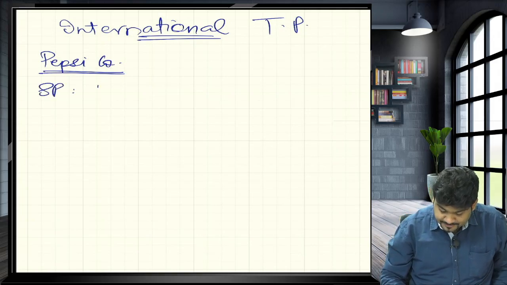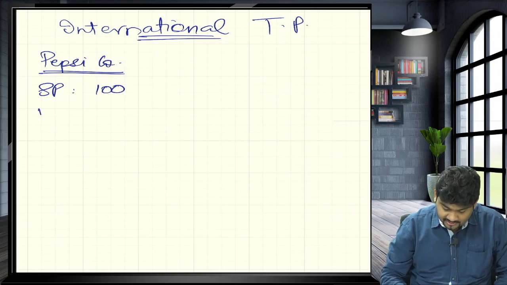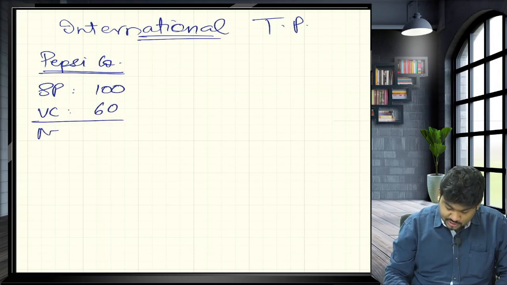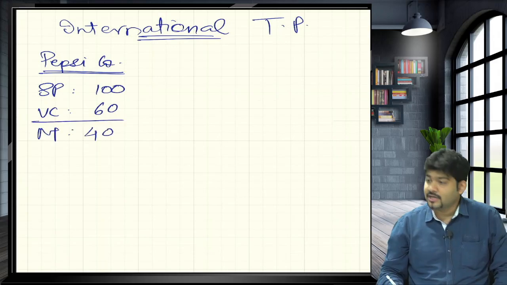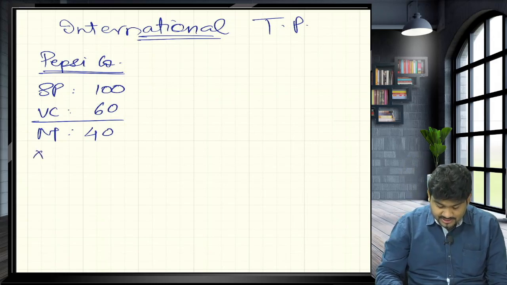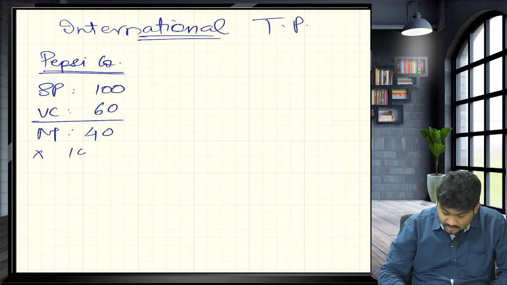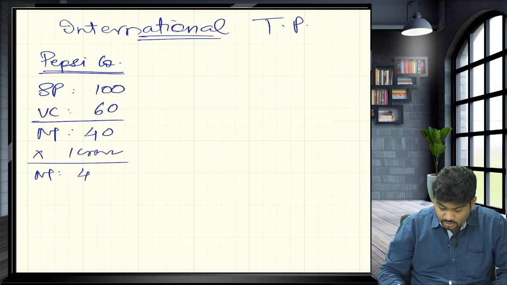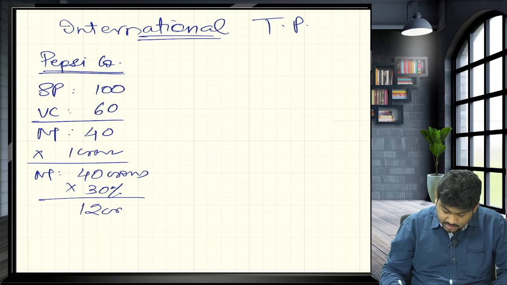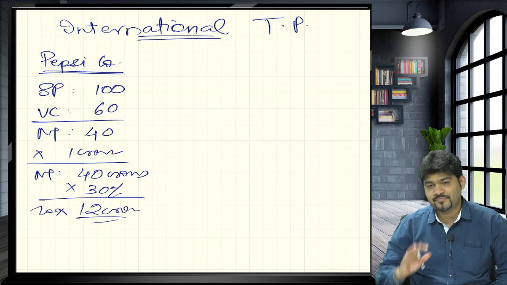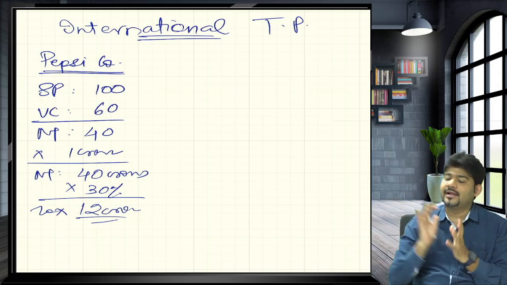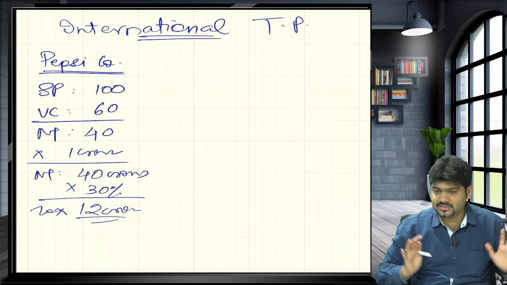The selling price of Pepsi, let's say, is rupees 100. Variable cost is, say, rupees 60, and then assume that there is no fixed cost, so net profit is rupees 40. Now suppose PepsiCo is selling 1 crore bottles, then what is the total net profit it will have? 40 crores, correct? On this it will have to pay a tax of 30%. So can I say 12 crores is the tax that it is paying? Yes or no? Okay, so this is how PepsiCo started its business in India, and they are continuously doing this business with this whole scenario.